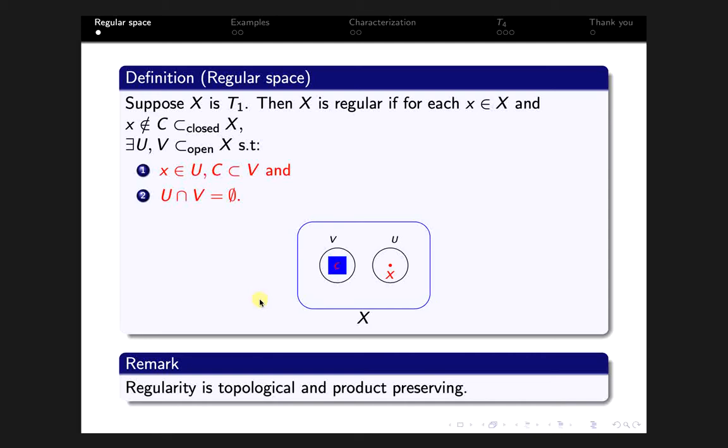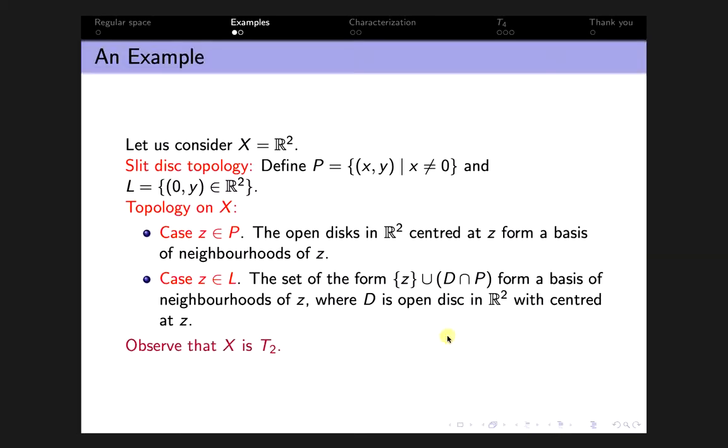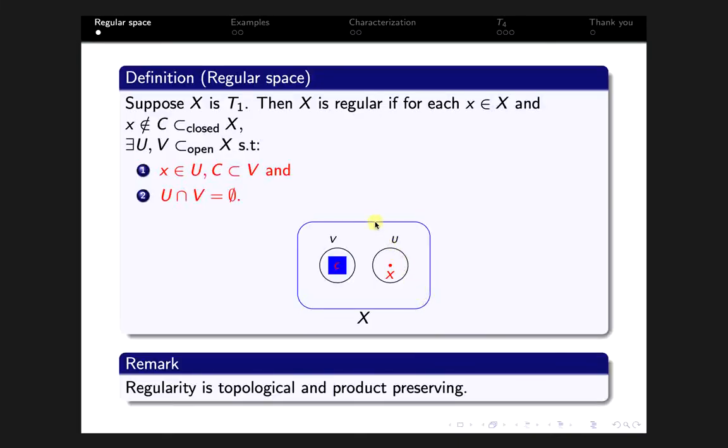Okay, so this is the definition, and we have two remarks here. Note that this axiom is also known as the T3 axiom. So a topological space X is a T3 space, or satisfies the T3 axiom, if it is regular. Okay, so regular spaces are known as T3 spaces. As I said, we have already seen that regularity is stronger than Hausdorff. So if X is regular, then X is Hausdorff also, but